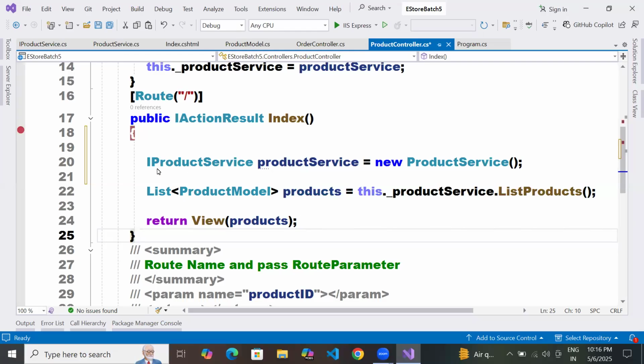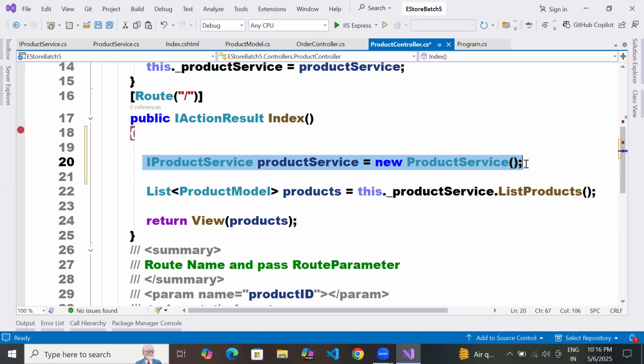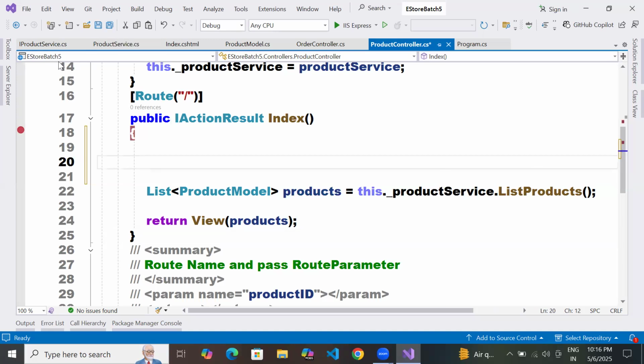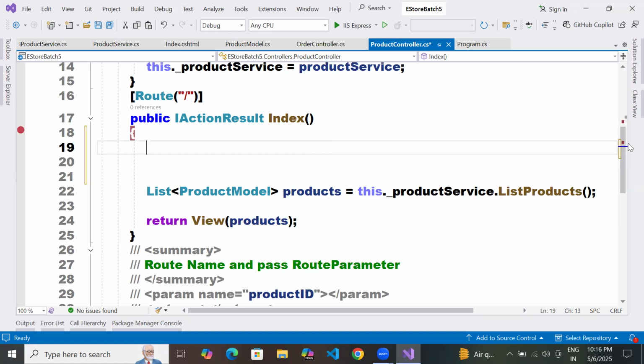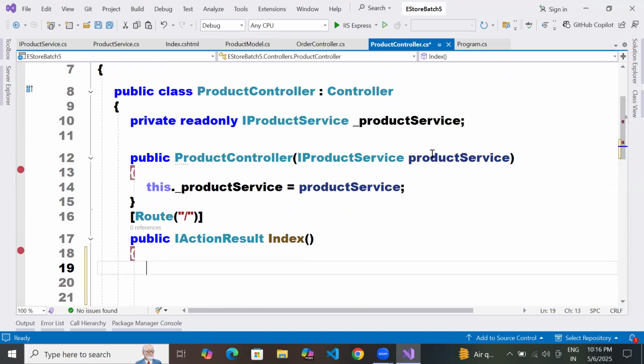That's what I said. I am going to create an object for the interface in my builder method. You understand my point, Chetan? Yes, sir, understood. Why am I passing the object in the controller while injecting an object? Am I injecting a product service, or am I injecting an abstract class or interface?